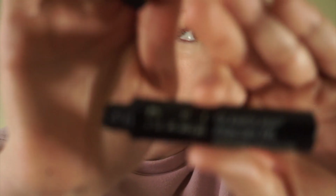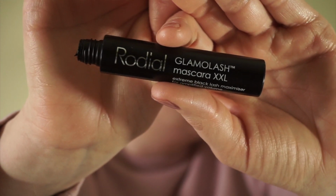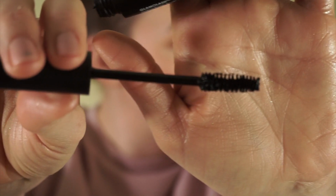So I've set the camera lower for today's video and I'm going to now apply a coat on this side. But you can see one coat versus no coats. I think this is a great mascara. By the way, it's this one. And I'll show you the...